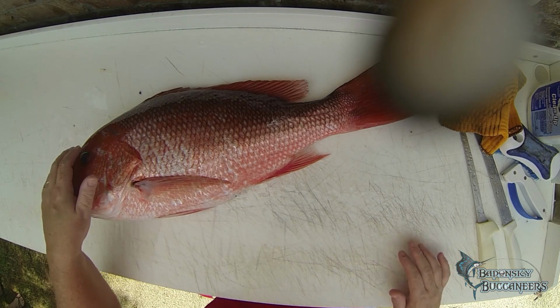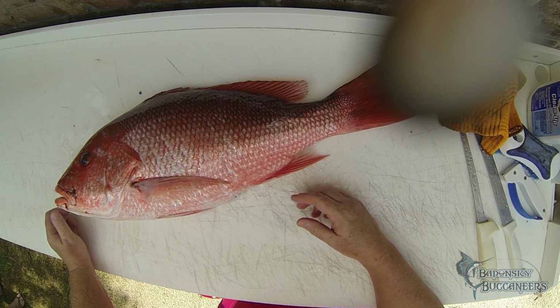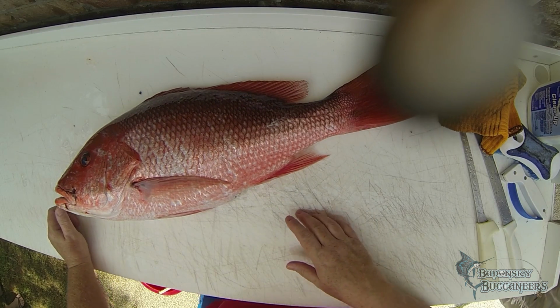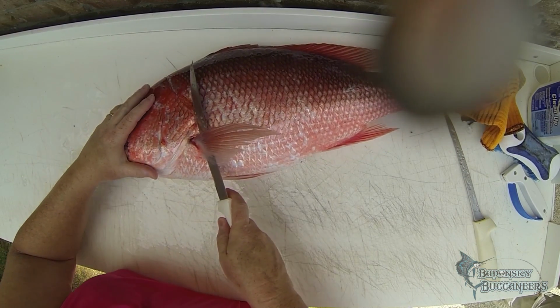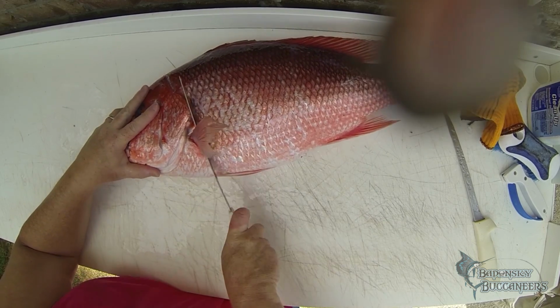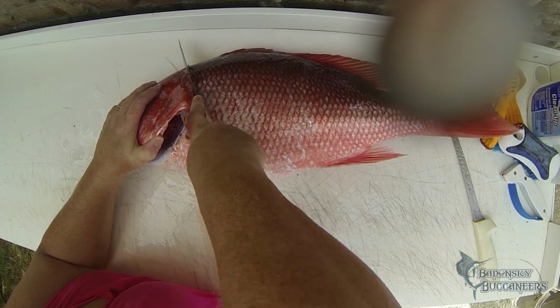We're going to fillet this fish boneless and skinless. This probably won't be as fancy as you've seen on other fishing shows, but here it goes. First, you need a good sharp knife. By taking our knife and getting under the scales, up by the gill plate, and cutting it in a slightly forward motion to the head,